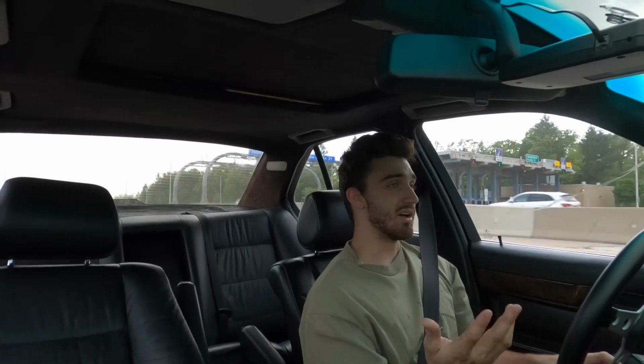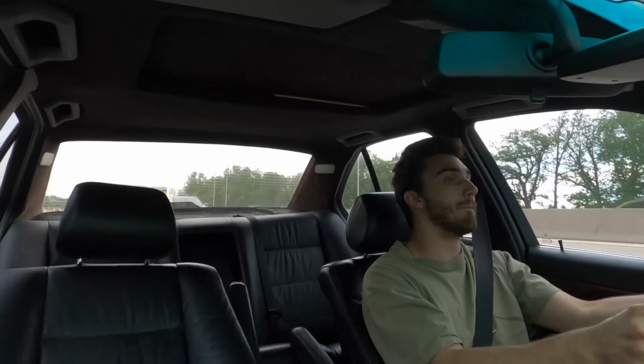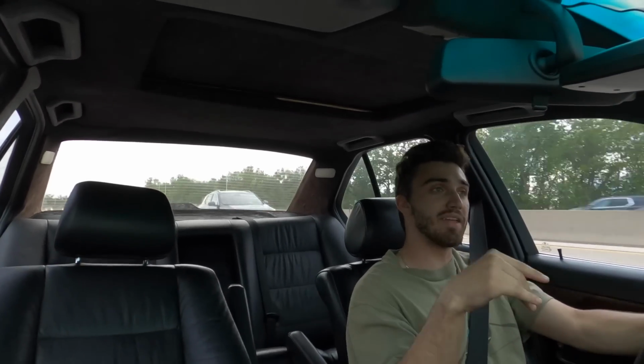And the thing about my car in particular, I think my reasoning is the fuel tank's all the way in the trunk, right? So you shouldn't even really smell much. But I have a hardwired fuel pump, right? So it's hooked straight up to the battery so that I don't have to worry about voltage loss across my fuel pump, because I don't want to lose fuel pressure and this and that. So when you do that, you have to pretty much drill through the top of your sending unit,